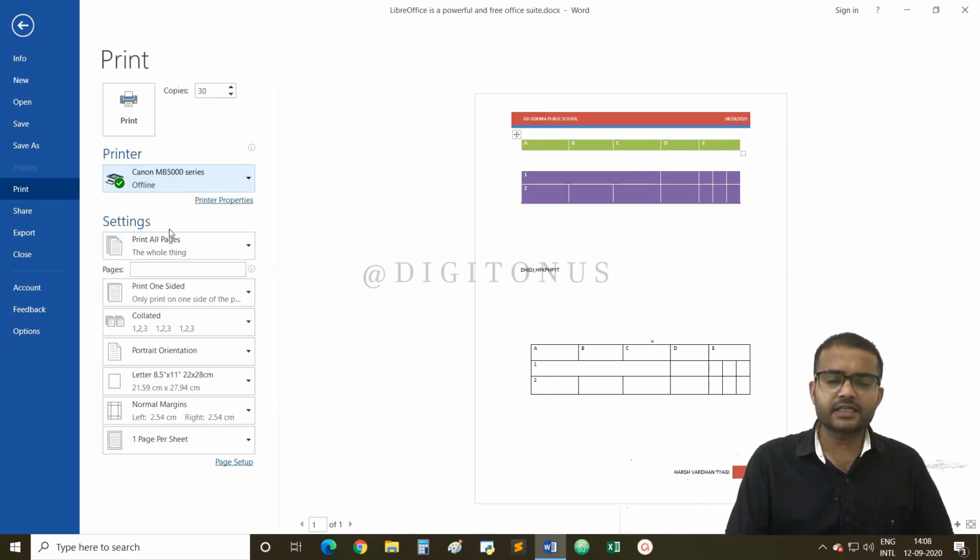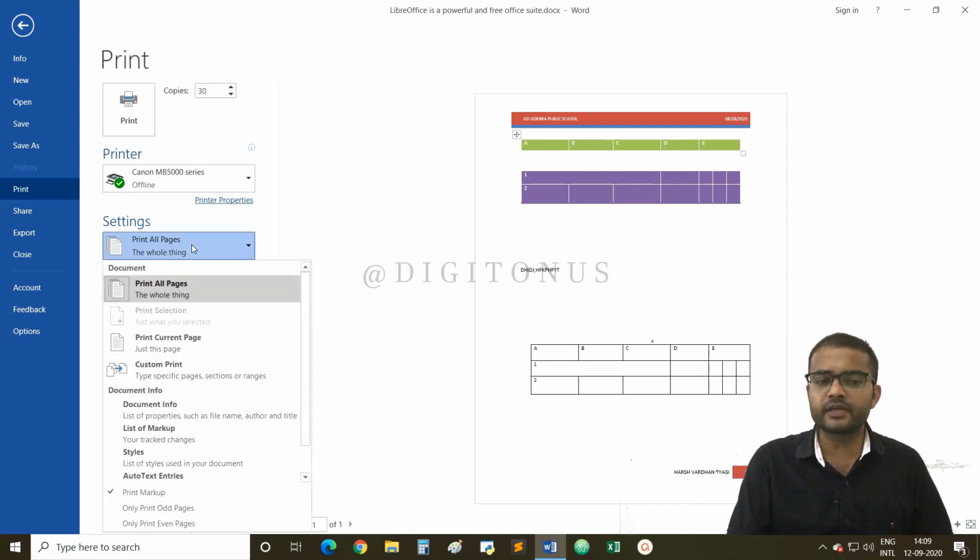Okay. Next is settings. Settings means all the settings related to printing are here. The first one is what you want to print. Again, suppose I have 10 pages in my document. If I want to print all the 10 pages, I will use the option Print All Pages. अगर मुझे 10 के 10 पेज प्रिंट करने हैं तो मैं क्या यूज करूंगा, Print All Pages.